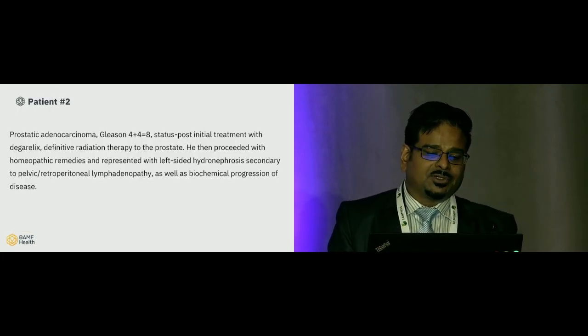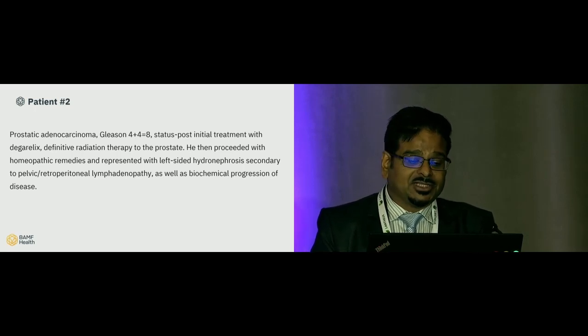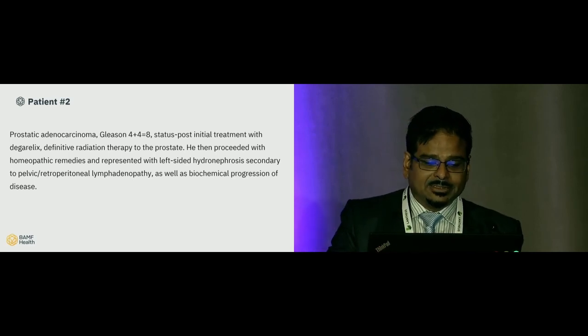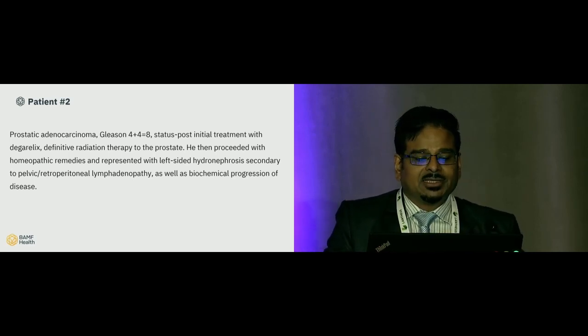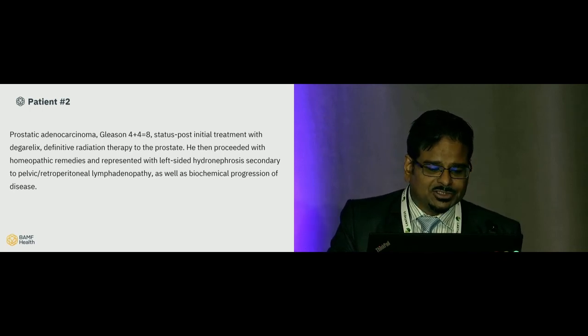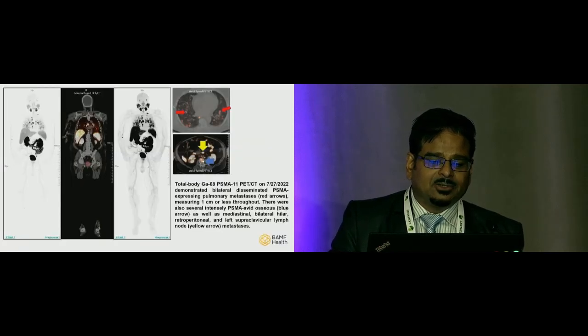A Gleason 8 prostate cancer patient who had definitive radiation therapy to the prostate, and then was lost to follow-up. He had proceeded with homeopathic remedies and eventually presented with a left-sided hydronephrosis because of the extensive lymphadenopathy, as well as biochemical progression of the disease. And with the total body